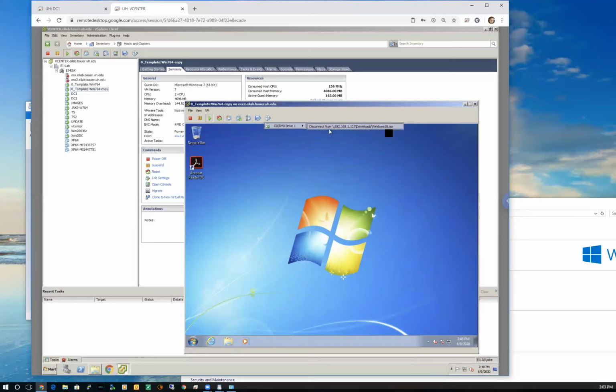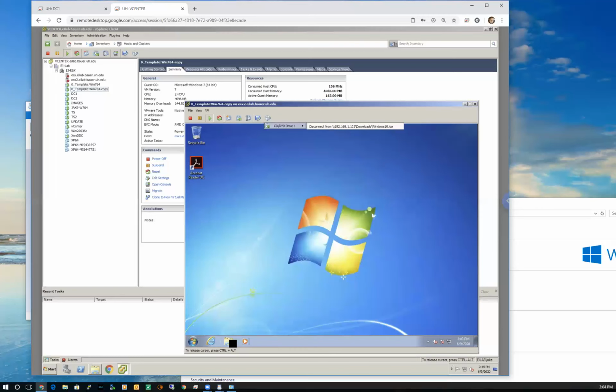I downloaded this Windows 10 ISO file. Can you see that? I know it's a little small. Downloaded that, and then I simply pointed to it with this piece of software, this application that's running the Windows viewer here, and said, that's my CD drive. So that file is my CD drive.